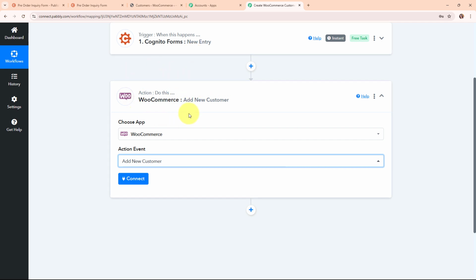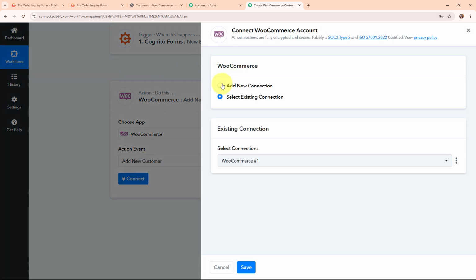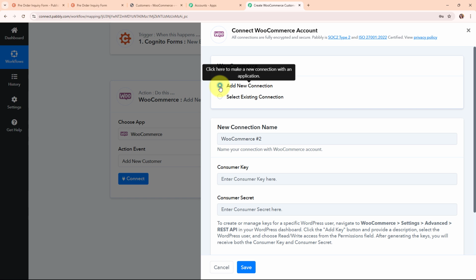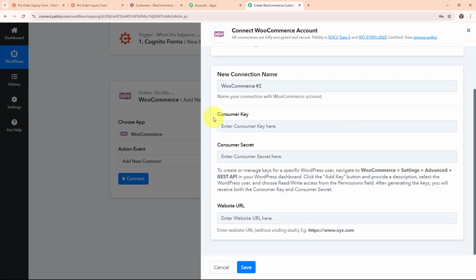And now here, to connect my WooCommerce with Pabbly Connect, I'm going to click on this connect. To build a new connection, I'm going to select add new connection. If your WooCommerce account is already connected with Pabbly Connect, then you can click on select existing connection. And now to build a new connection, it is asking me for the consumer key, consumer secret, and the